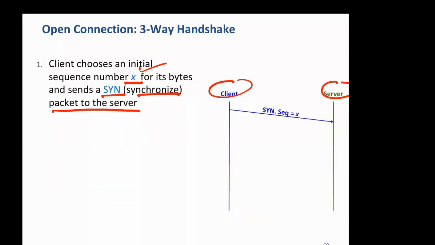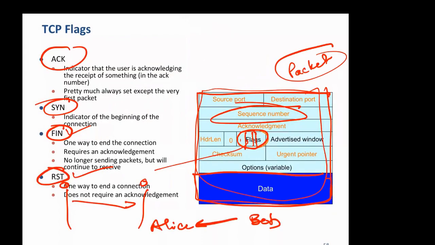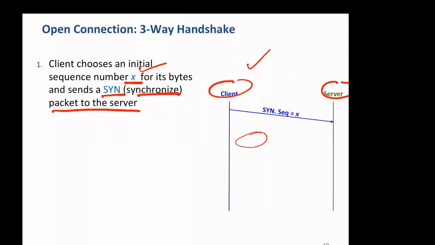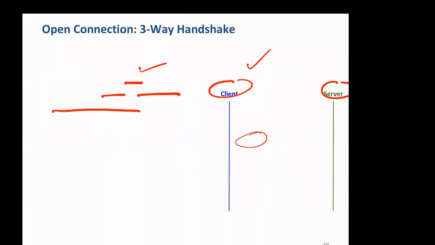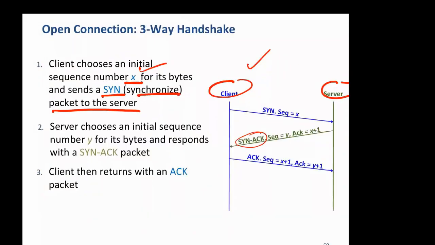The server will receive this. It knows that the client is trying to establish a connection. It will respond back: okay, I am ready to accept the connection. It will respond back with SYN-ACK. Both the SYN and ACK flags will be set. It sends back SYN-ACK, and then it also